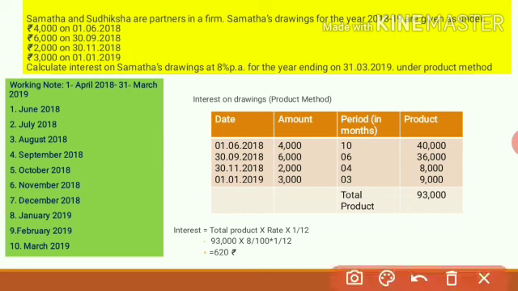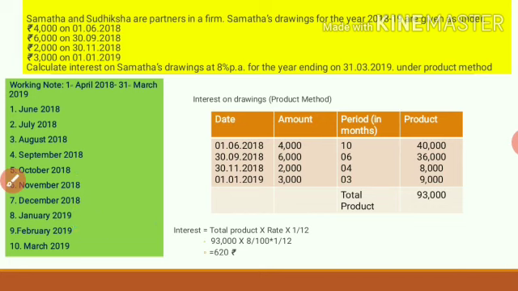So I'll go once again. 30/9 means it is the month of September. Since the amount has been withdrawn at the end of the month, we will not consider September. We'll go with October. So the calculation starts from October, November, December, January, February and March. That means 6 months. Okay, so 6 into 6,000 is nothing but 36,000.